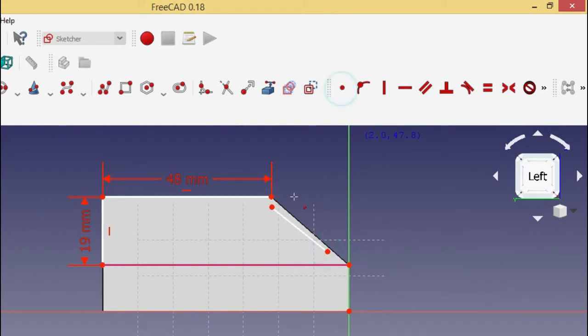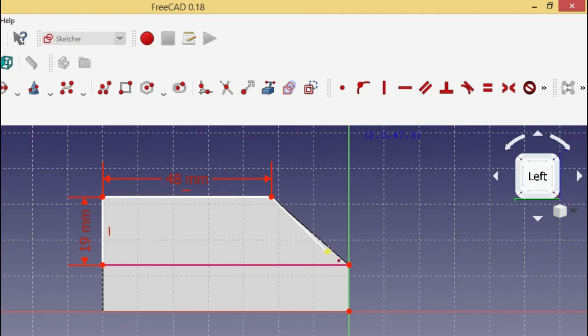Connect the dot with coincident constraint.